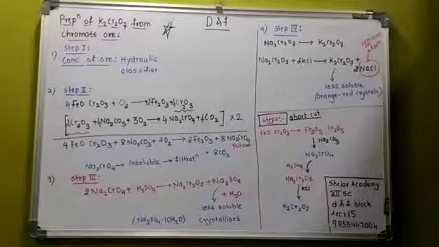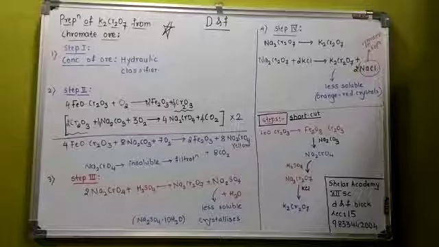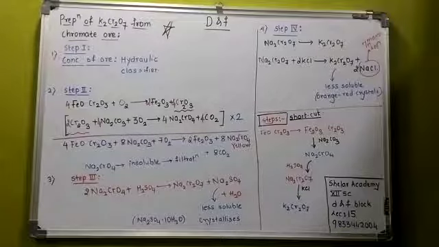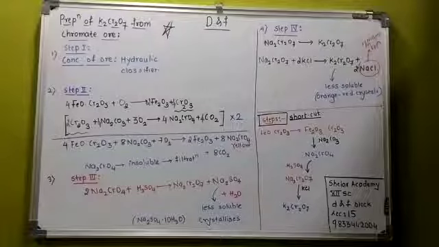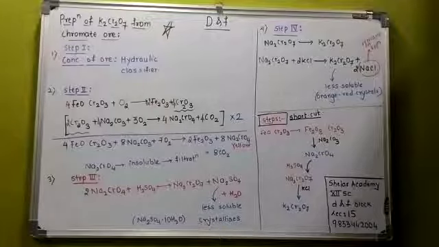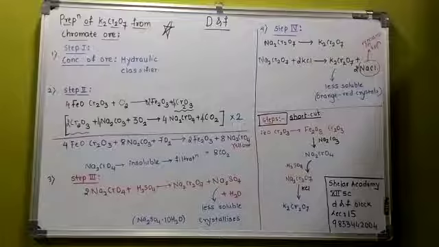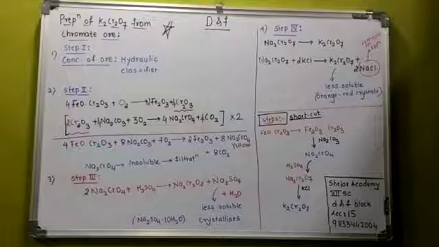Sulfuric acid से क्या होता है? Na2CrO4 is converted to Na2Cr2O7, Na2SO4 and H2O. On concentration less soluble, sodium sulfate जो है वो waste है, so it is less soluble, so it will crystallize out. Na2SO4 का you know water of crystallization is 10, so it is associated with 10 water molecules, so that is filtered, that is crystallized out.